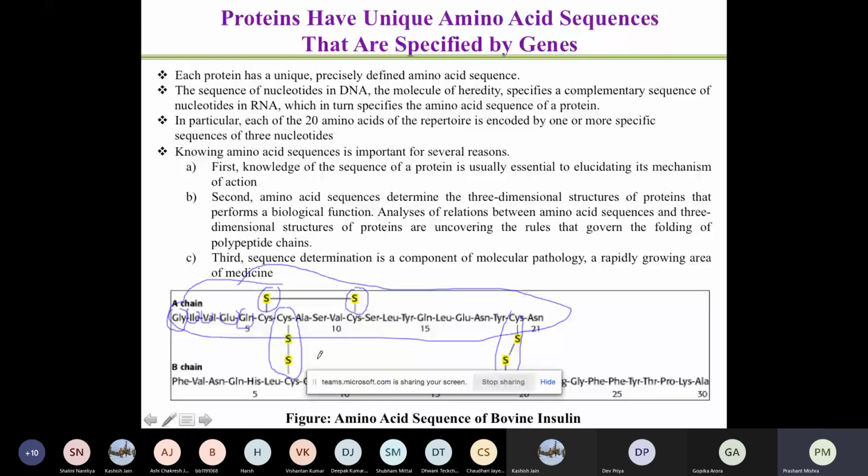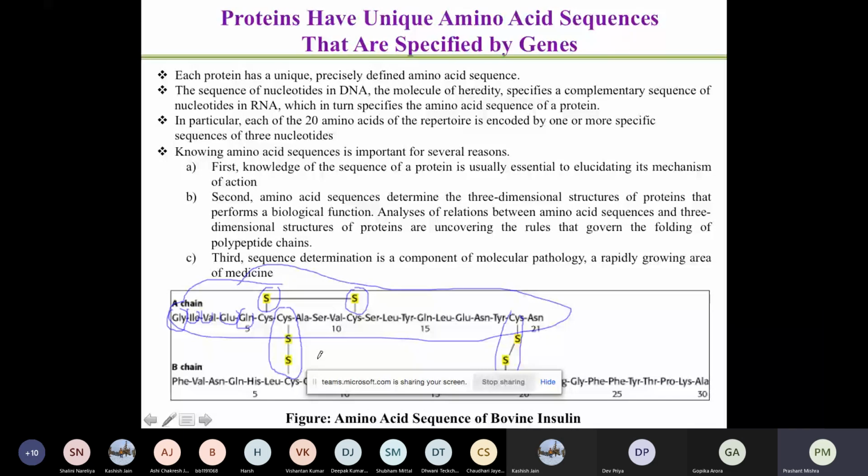It determines molecular heredity, how things are inherited from one generation to another. So what happens? DNA forms a complementary sequence of RNA,